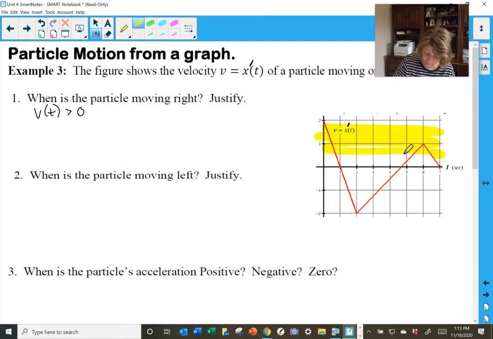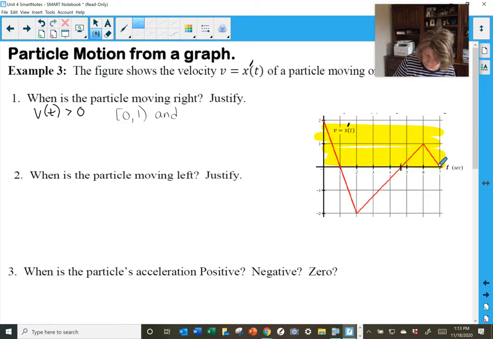So any time frame where my curve is above the x-axis is when it is moving to the right. So, let me get back to a pen here. We would have from 0 to 1. 0 is included, so I would say 0 to 1, and